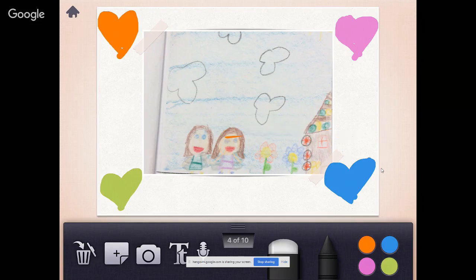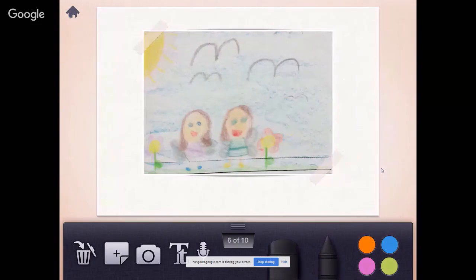Alrighty, so we're going to go to the next page. For this part of the story, Isabella is showing Rose how to make her wings go up and down.